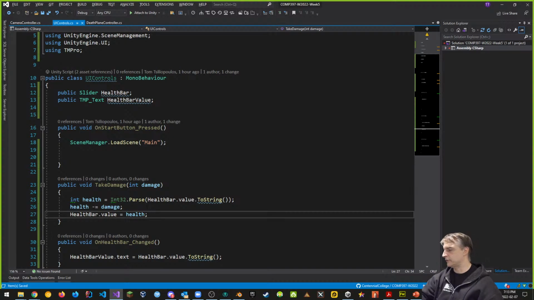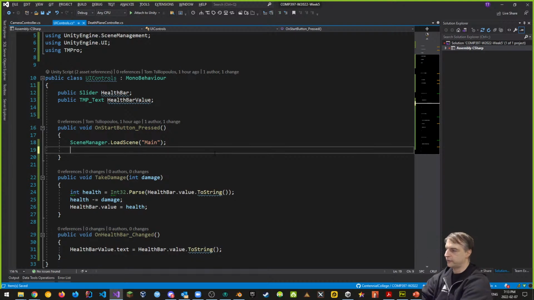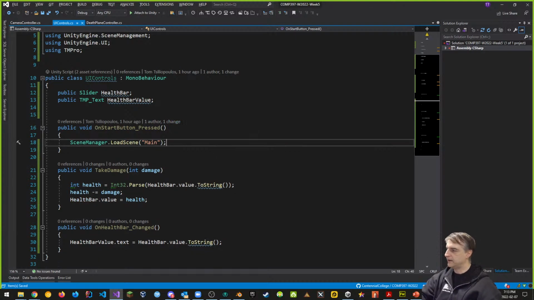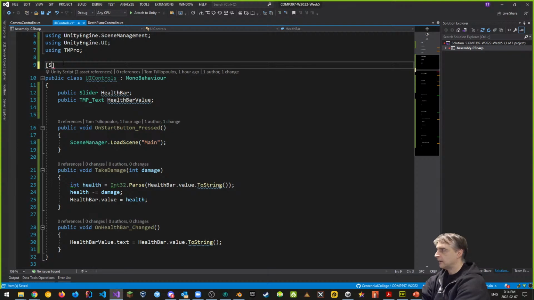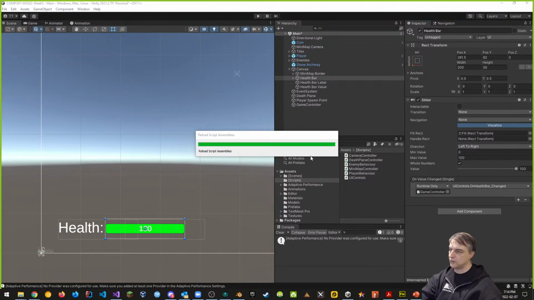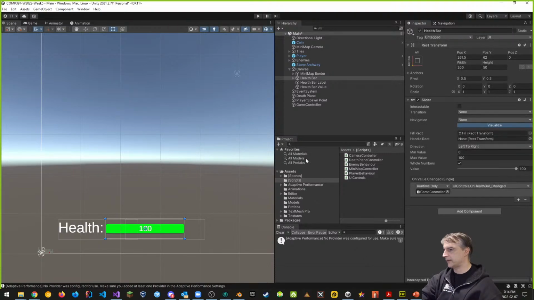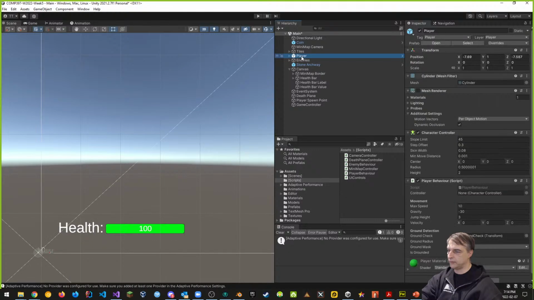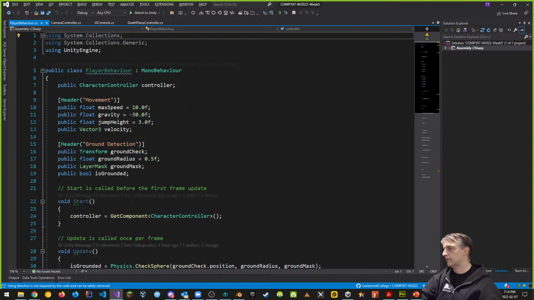And the way to do this is just a hack, just to make sure that the health bar starts to work, right? We want to serialize, system.serialize, UI controls, right? And this is inside of game controller, right? So this is UI controls, which is inside the game controller method. So we want to make a reference to the UI controls inside of our player. So going back to our player, there we go. Then in the player behavior, let's just say,